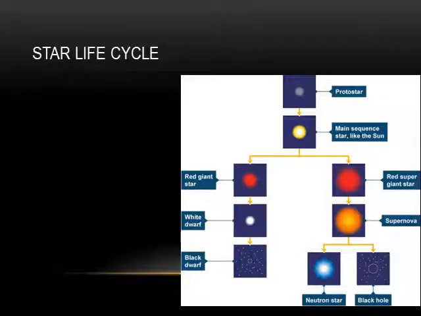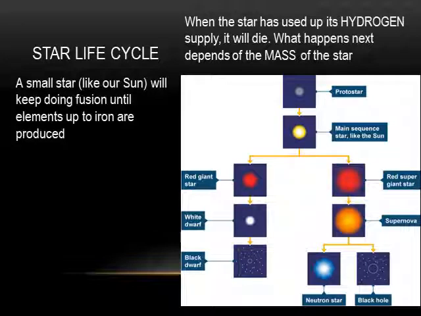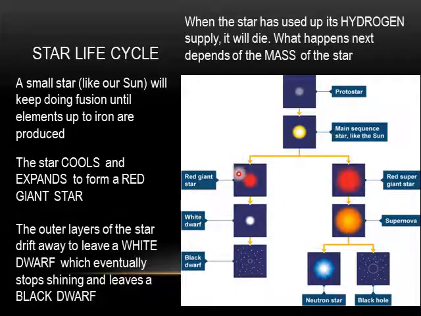When the star runs out of hydrogen to do fusion with, it starts entering the end of its life cycle. And what happens next depends on the mass of the star. A small star like our sun keeps doing fusion with the nuclei that are in the star, putting together heavier and heavier nuclei until nuclei all the way up to iron are made. As it's doing this, the star is cooling and expanding, and the star that's made is called a red giant